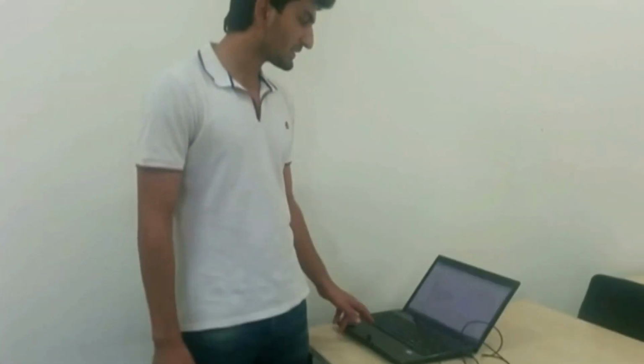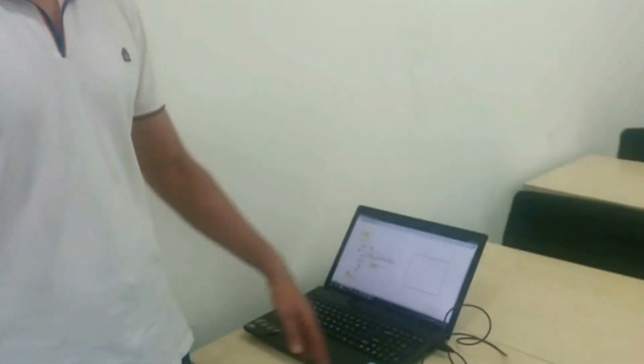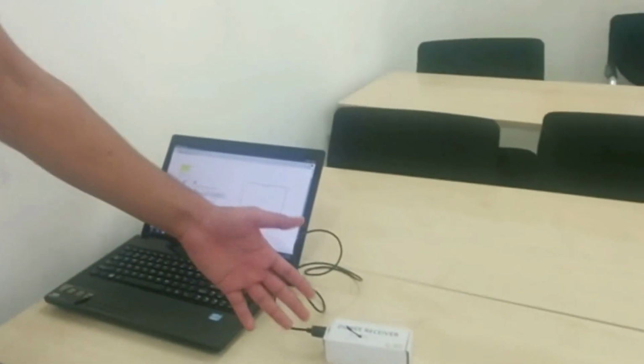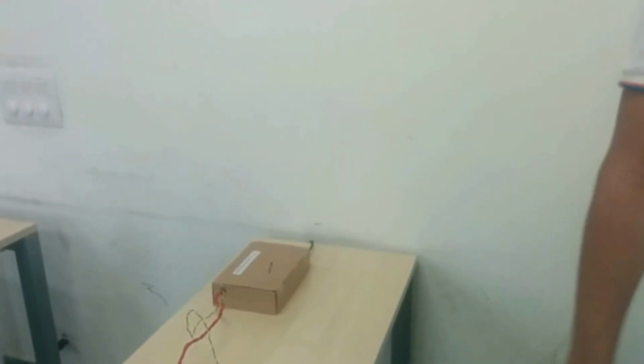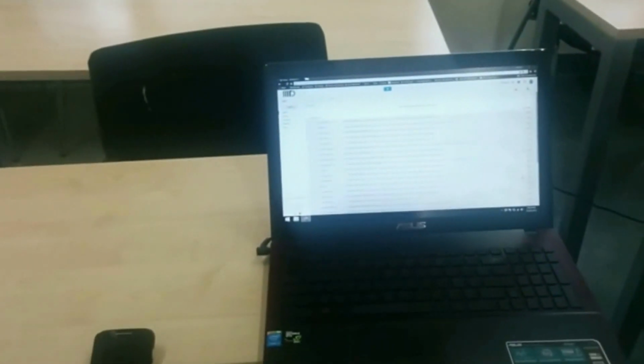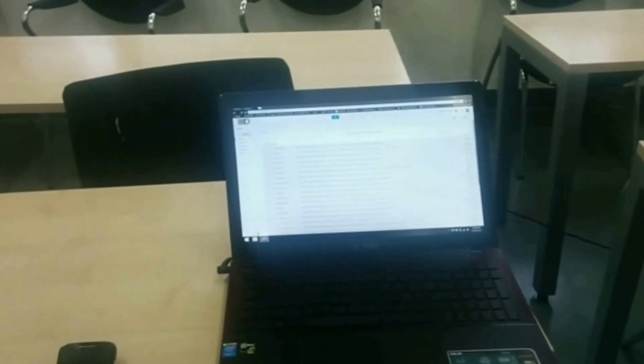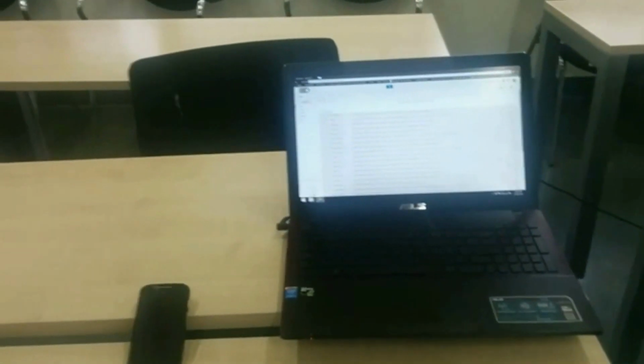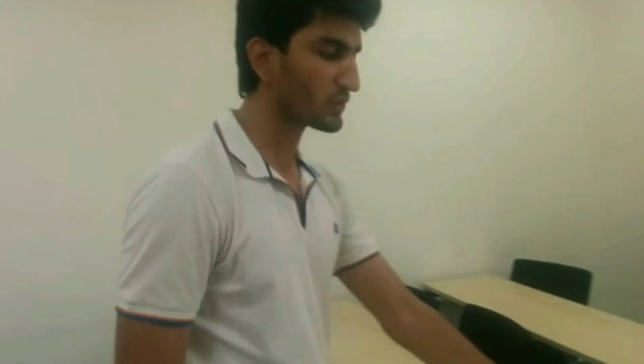Now this is the PC that LabVIEW is installed on, which is monitoring this COM port and receiving signal from the transceiver connected to this microcontroller. Over there, we have the user's PC as well as the user's mobile phone. Both of these are connected to the internet, and the phone is assumed to have push mail. So any notifications regarding intrusions or the password inputs would be received on both of these systems.